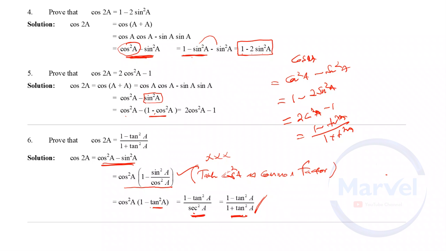So what is secant square a? What is the tan identity? Both the formulas, cos 2a in terms of tan a and previous page, sin 2a in terms of tan a. So the denominator is always plus because that is derived from secant square a. Okay, so 4 formulas are over in terms of cos 2a.